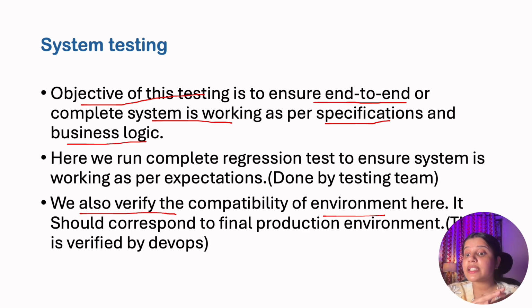So over here, first the testers or the developers will test the complete system on their test environment, and then it will go to the production environment, right? The final environment. And that test environment should be almost 99% similar to the production environment. And if the software is failing on the test environment, that means we need to make some changes, we need to raise some bugs, right? And this system testing is also done from the developers' end, from the company's end. Okay, so this was about system testing.